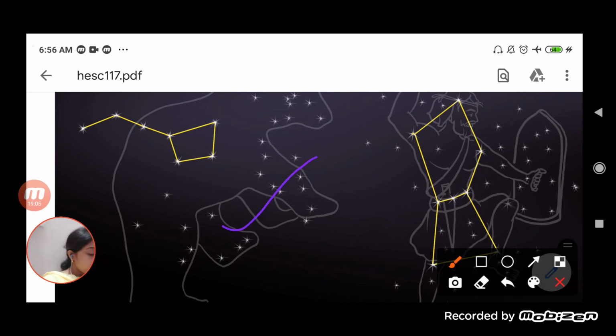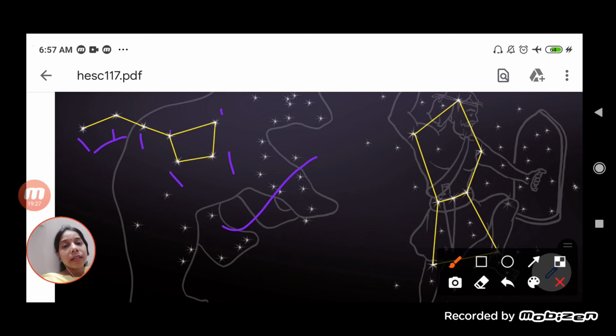When you look at the structure of Ursa Major, it is a constellation consisting of 7 bright stars. So 1, 2, 3, 4, 5, 6, 7. There are 7 bright stars, and they arrange themselves in the shape of a big